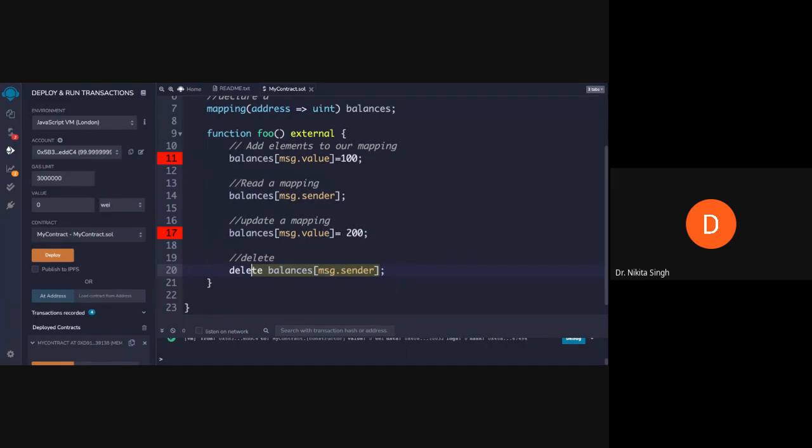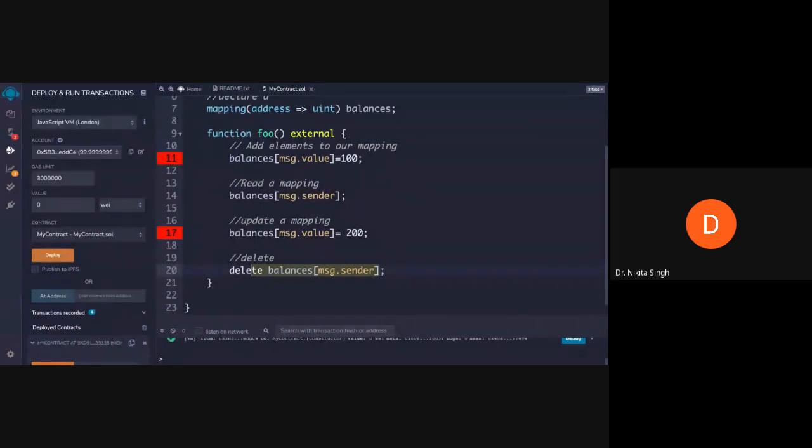To do this, there is one keyword, which is called payable. What it specifies is that it will allow you to accept some ether. Without the payable function, the smart contract will reject an incoming transfer.